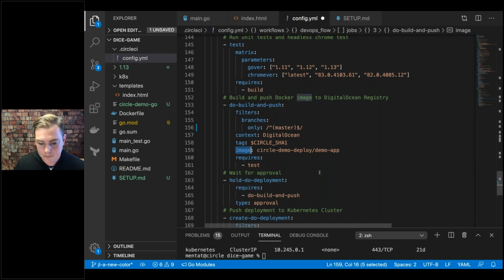Got it. So does CircleCI create a new container for each job? Does it take a long time to pull the image each time and run the job? And if so, how can we minimize this time? So CircleCI does start a new container for each job that you run, assuming that you're using the Docker